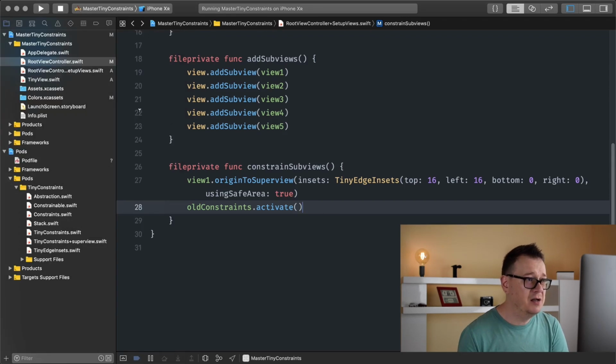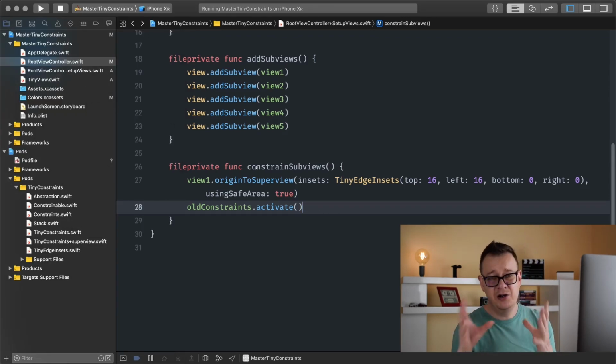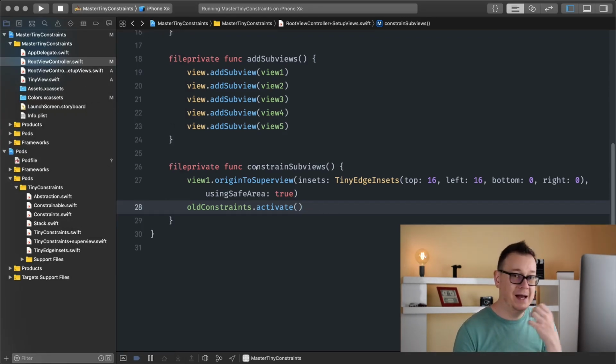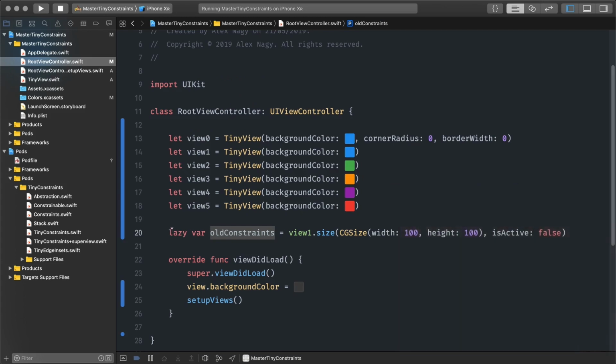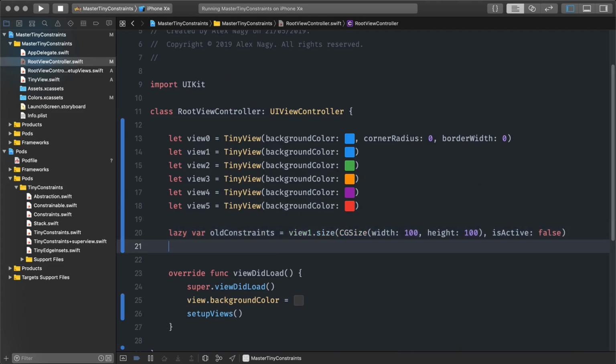view here. And I will make this a little larger with the help of animation. But for now, let's create some new constraints. Let's go back here. Let me just simply copy and paste this just for brevity. And let's see here, new constraints, view one size. Let's make it double. Or rather yet, even the height. Let's see, the width should be 300 and the height 200. And of course,